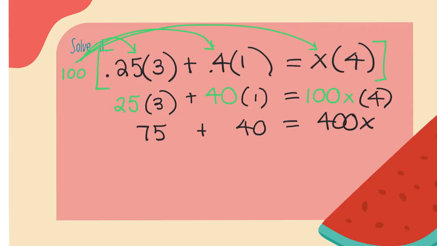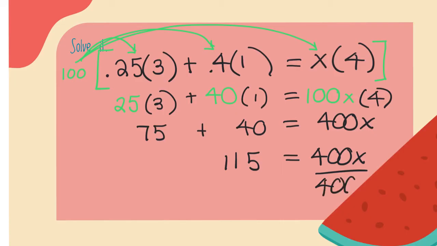I now add these two together, and get 115 equals 400x. I'm about to find my percent. All I need to do is divide by 400. And of course, I didn't bring a calculator with me, so I'm just going to open my phone real quick and do it on there. So 115 divided by 400 will give you x equals